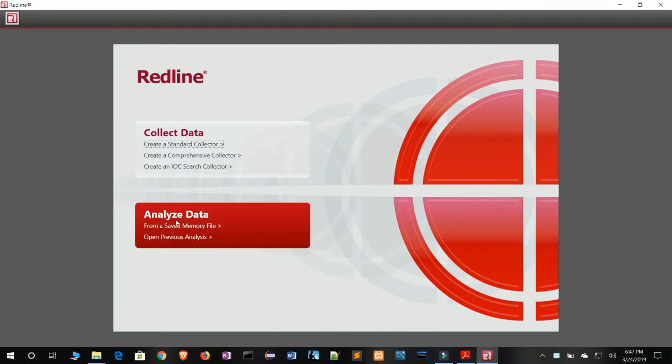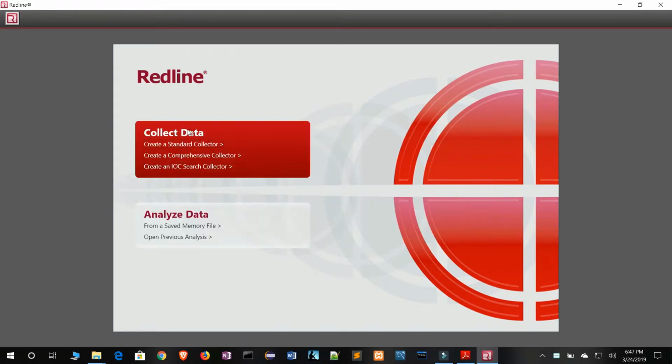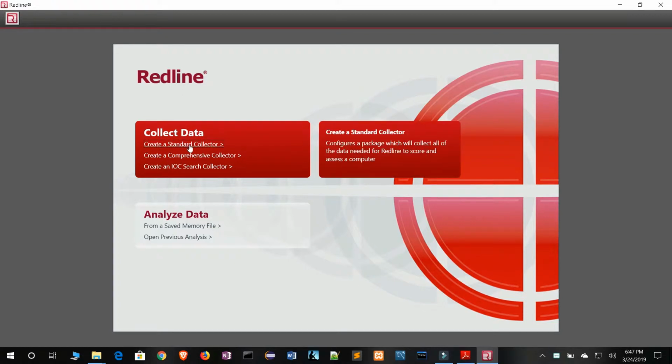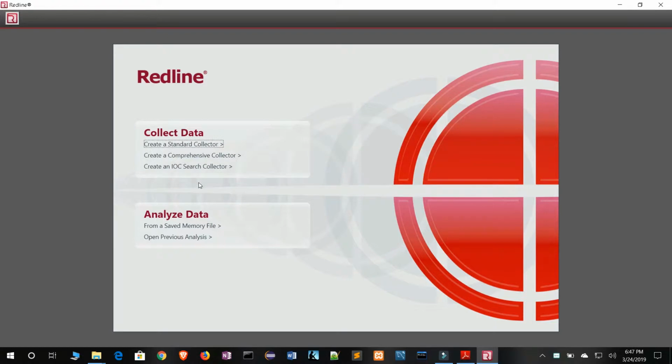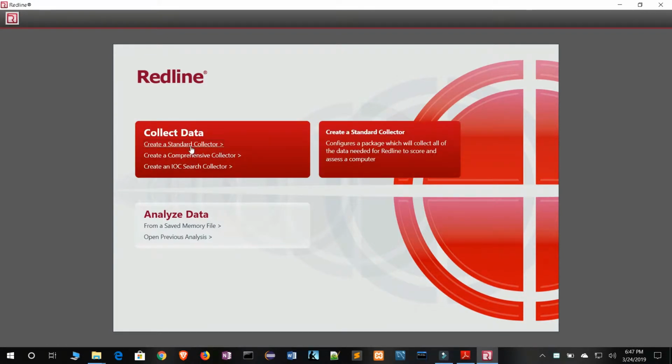Now, we don't have anything to analyze yet, so the first thing we need to do is collect data. I'll first do the standard collector to show you what the difference is between the standard and comprehensive. But basically what creating the collector does is it creates a collection package onto a USB flash drive or storage media that you can insert into the targeted or infected machine, run the collector, and it'll run and look for any malicious activity and save it into a report file, which then you would analyze